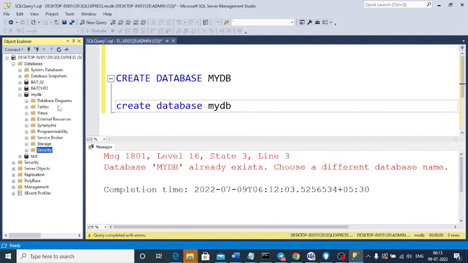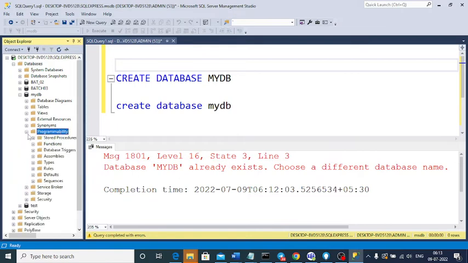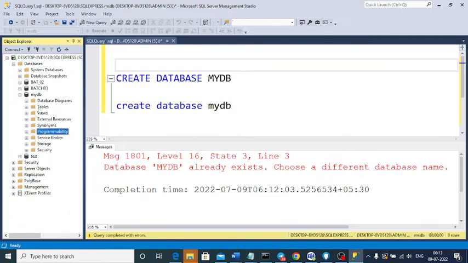Whenever we are creating a database, since we have created it, it is called a user defined database. These are the objects which are created, but we should not be worried about everything. We can only work on tables, views and programmability now. We don't have to worry about the remaining stuff, because storage, security, service broker, synonyms,